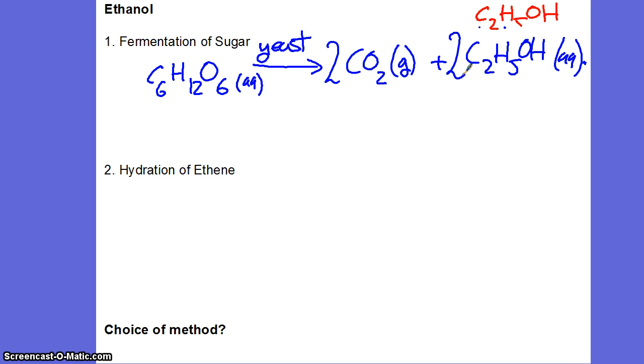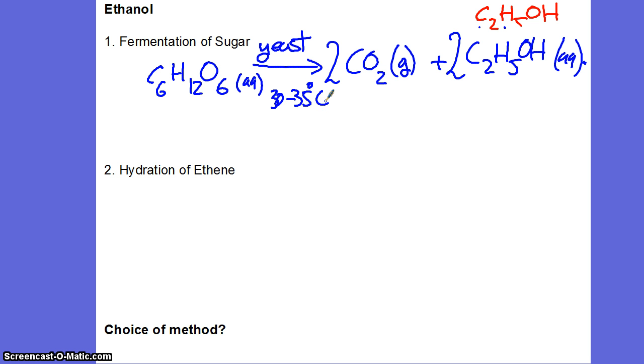So we produce carbon dioxide at the same time as making our lovely ethanol, which explains if you did a fermentation yourself at home, maybe fermenting sugar, making ginger beer, which you can make at home, that would explain why your ginger beer is naturally fizzy, because it's got carbon dioxide dissolved in the solution. Now, you need to know the conditions which this reaction would occur under. You need an aqueous solution, you need yeast, and you'd also use a temperature of about 30 to 35 degrees